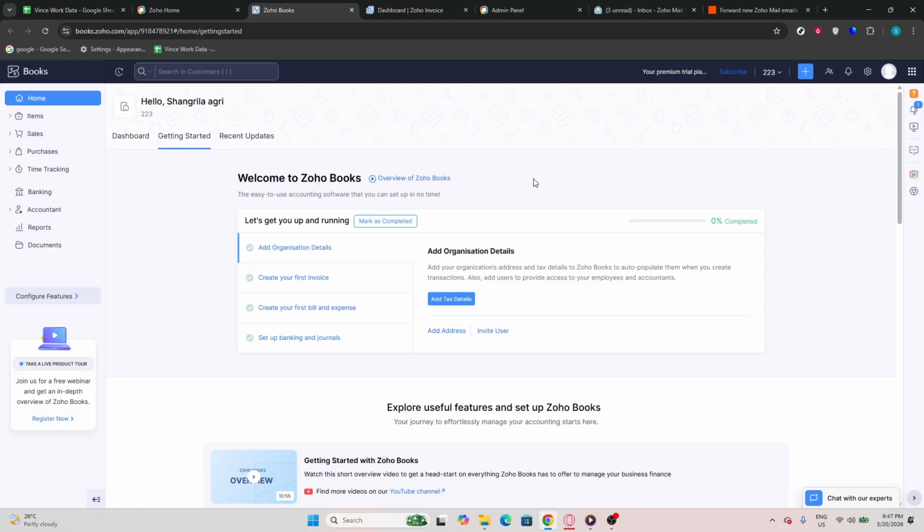Begin by navigating to the Zoho Books website. Once the page loads, you may need to sign in using your credentials if you are not already logged in. After signing in, you will be directed to your dashboard where various options and tools are available for managing your